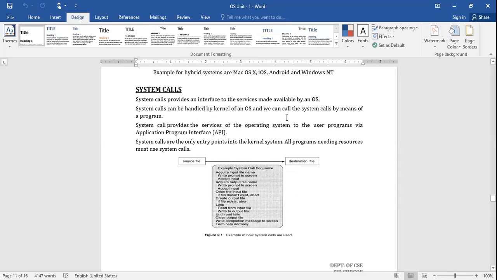System calls are handled by the operating system, and we can call them by means of a program. In the previous example which I showed you, printf greetings, we did not write any system call explicitly, only C language code. That is the meaning of this.